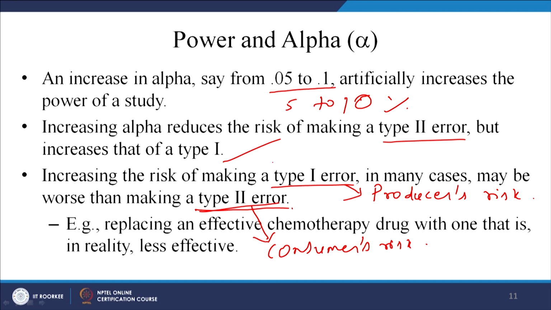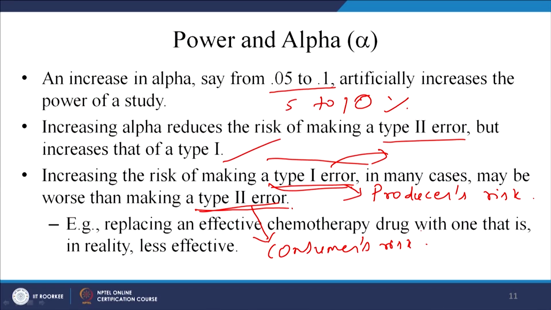On the other hand, in some cases of consumer litigation, suppose the consumer files a case, goes to the court, sues the company, in those cases the companies are more bothered, for example pharmaceutical drug companies. In those cases they are more cautious about the type 2 error. But in a steel manufacturing company or a laptop manufacturing company, generally the manufacturers are more concerned about the type 1 error rather than the type 2 error, because at least if the laptop goes wrong, you have a chance of getting back the laptop and rectifying it, and then giving it back to the customer and even giving some extra incentives so that he is happy.